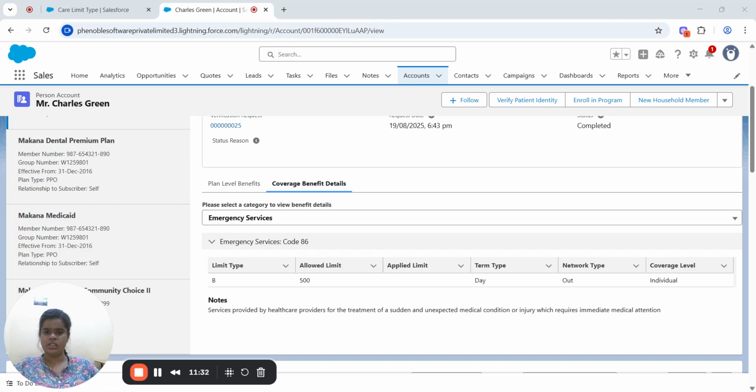Okay, so all of these things I wanted to cover in this video. Let me summarize. Benefit verification in Salesforce Health Cloud lets you check the insurance coverage directly from the patient's record. Everyone knows what's covered and can avoid billing surprises and delays. It is much easier and faster than manual forms.